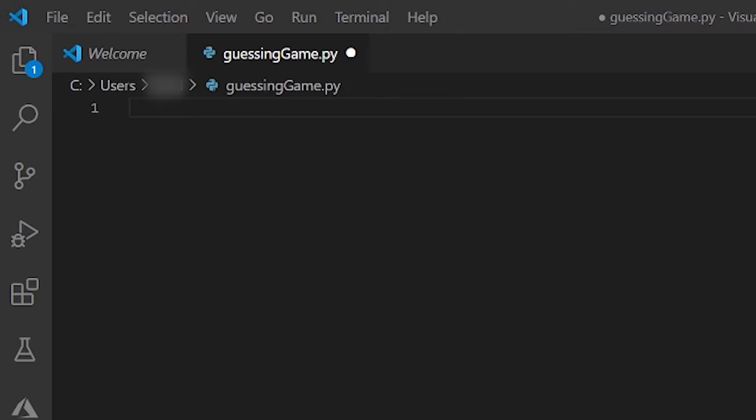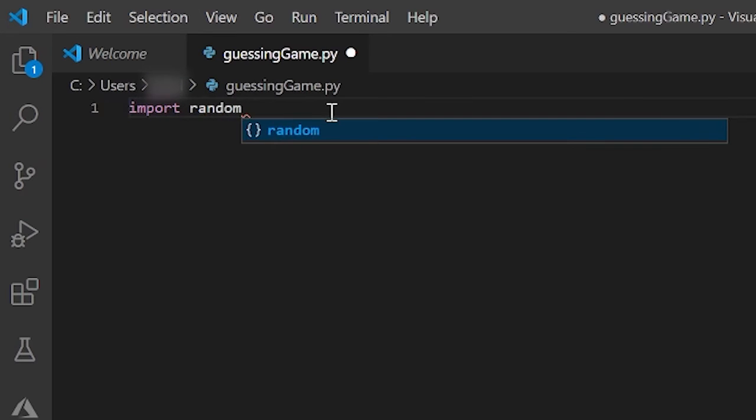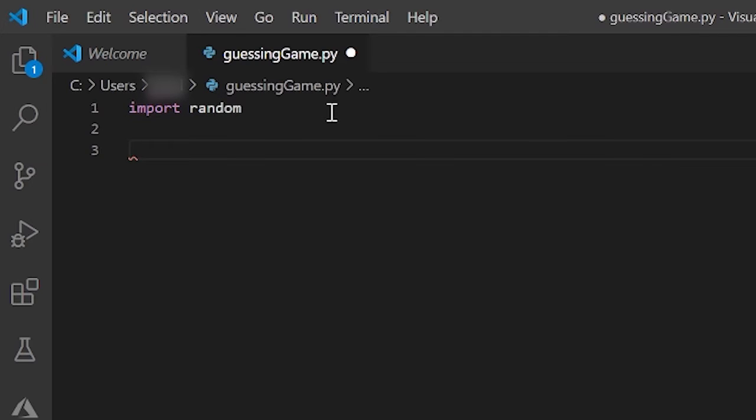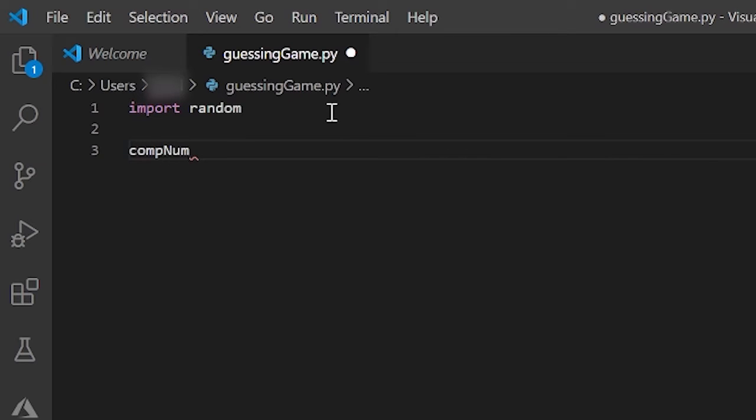And notice how it said random.randint. This means that we have to import the random module. Import random. And now let's generate the computer's number and store it in a variable. So let's call it comp num equals